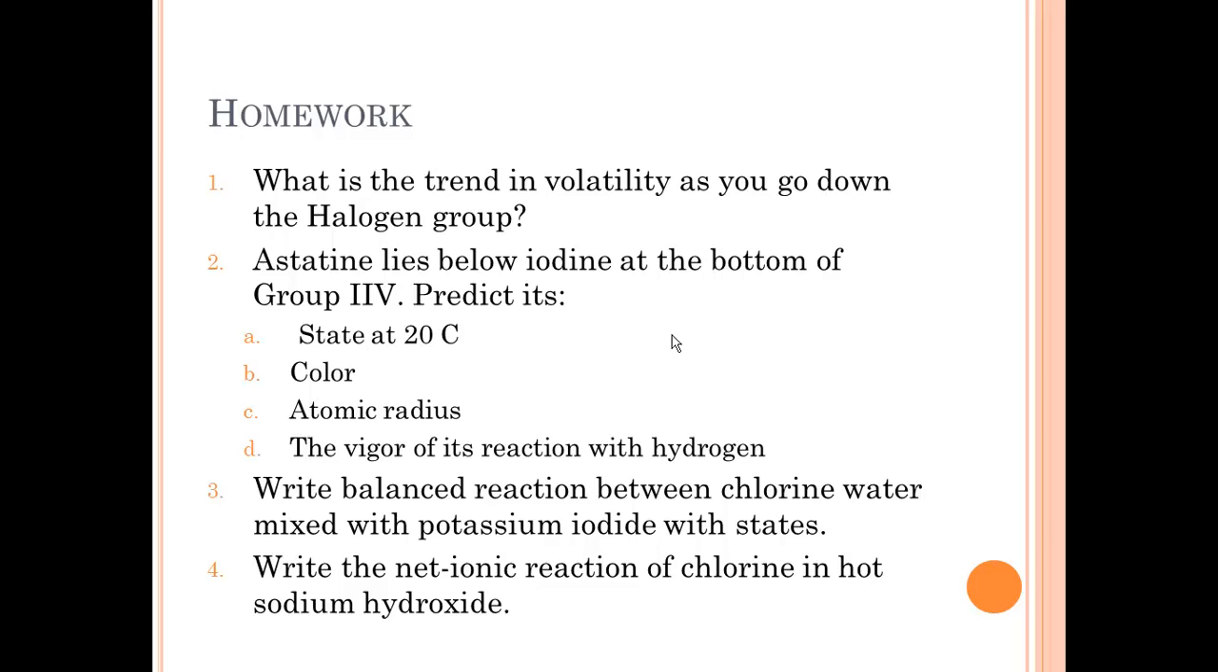Alright, here are your 4 homework questions dealing with the halogen group. What happens to the volatility as you go down? Astatine lies below iodine at the bottom of group 7, so predict its state at 20 degrees, its color, atomic radius, and the vigor of its reaction with hydrogen. Write a balanced reaction between chlorine and water mixed with potassium iodide with states, and write the net ionic reaction of chlorine and hot